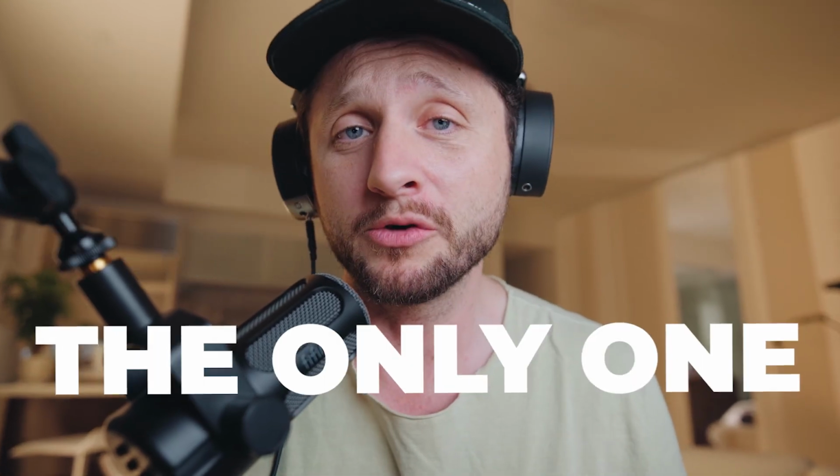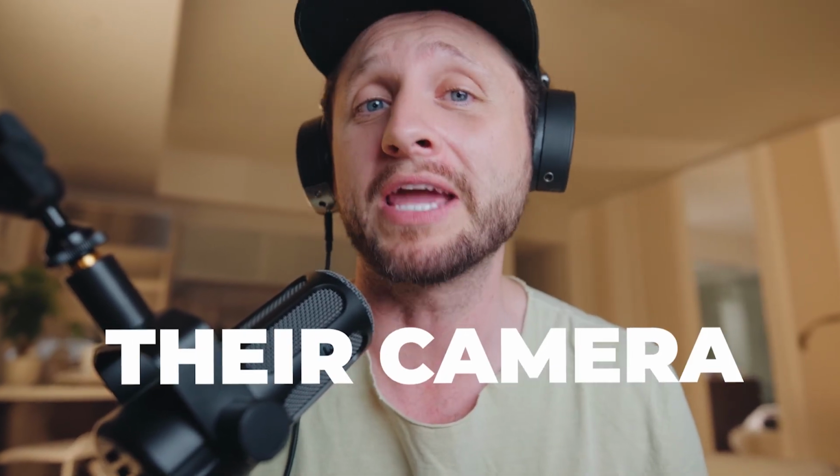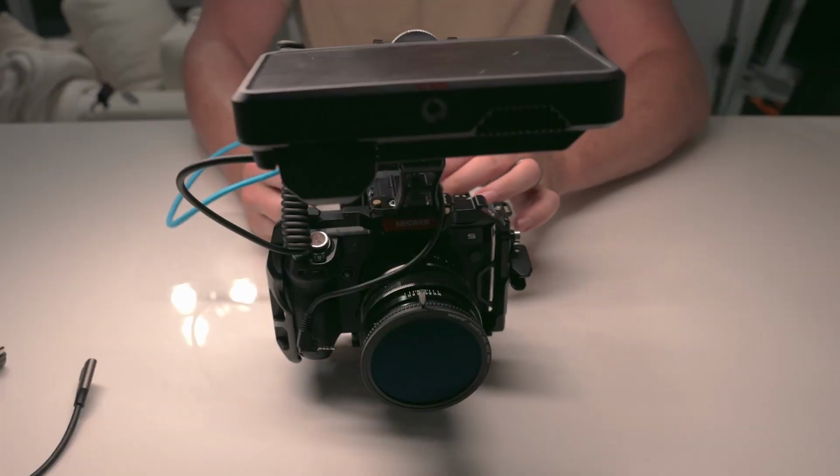I know I cannot be the only one that does not like rigging out their camera. Now, rigging out your camera definitely has its benefits, especially if you're shooting all day long. Having one battery pack to power everything is super convenient. So today we're going to be talking about literally a newer setup with the newer cage, with the newer